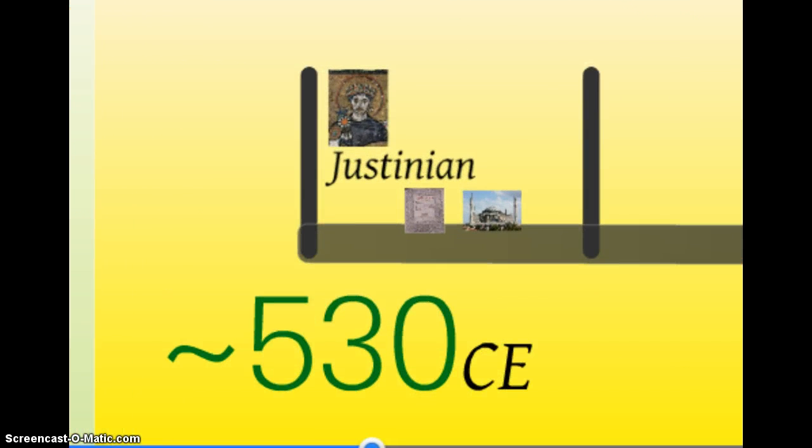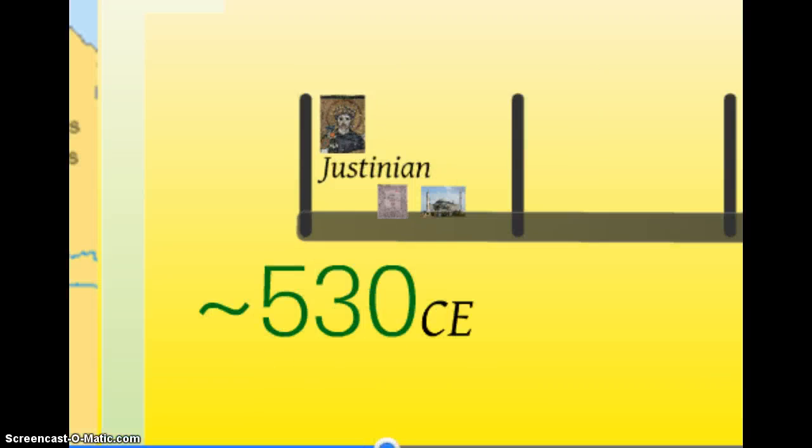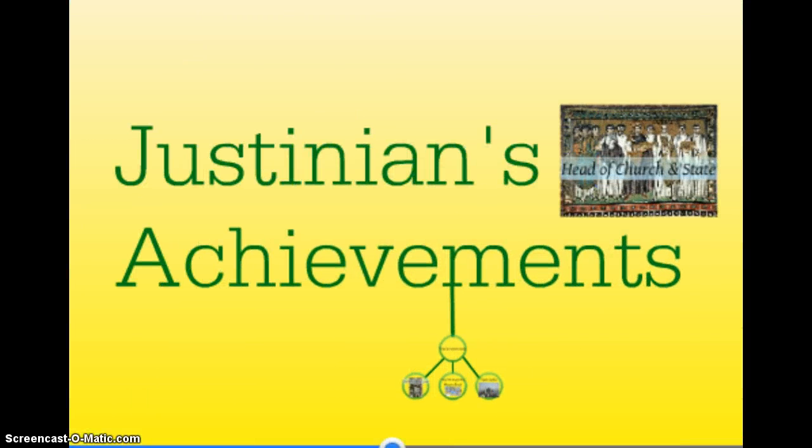So, this guy's name, off into the side in the A column, Justinian. Justinian is the most important name for you to know. There's one or two others that you'll encounter, like Vladimir the First. You'll see him in your reading and things like that. I'm going to talk about another one. But Justinian is very important. Around the year 530, he is the emperor. And he has some remarkable achievements that we need to make sure you guys remember and know about him. So Justinian and his achievements.